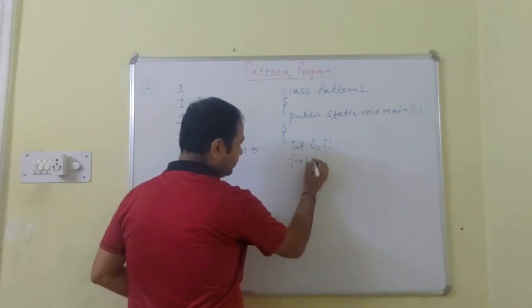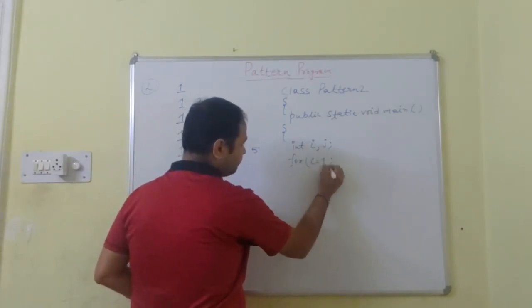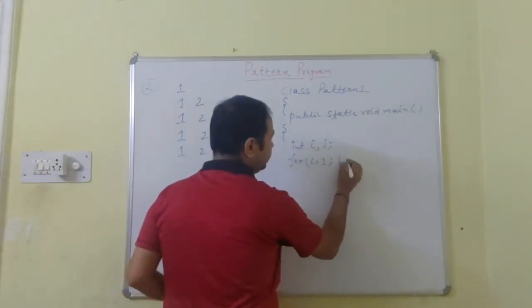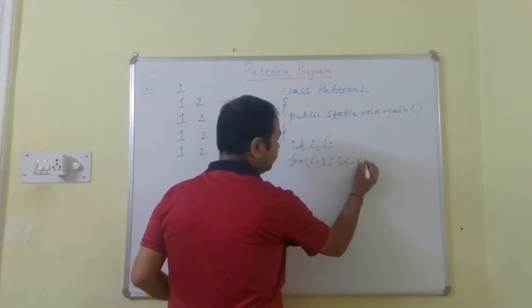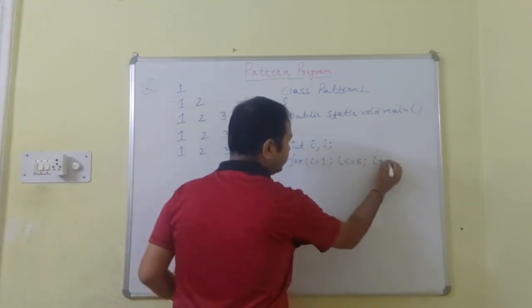For i equals 1, i less than or equal to 5, i plus plus,